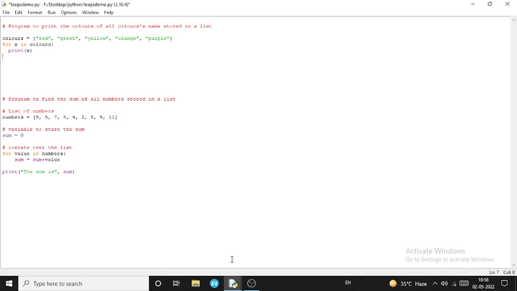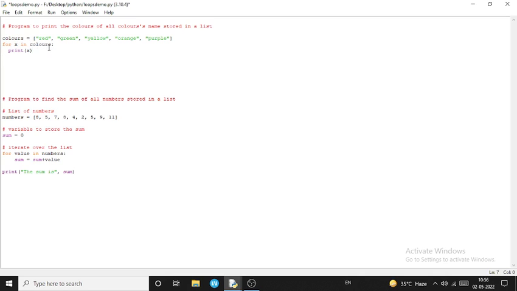In the next line, I write the for keyword, x is a variable, in is also a keyword, colors is the variable name of the list.